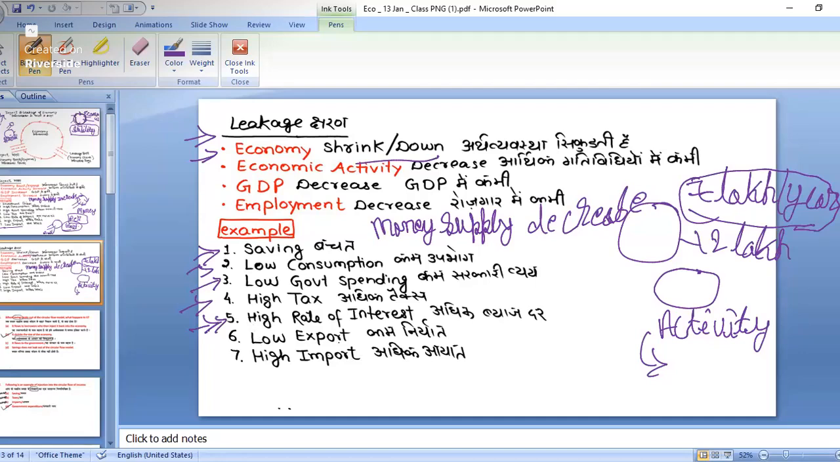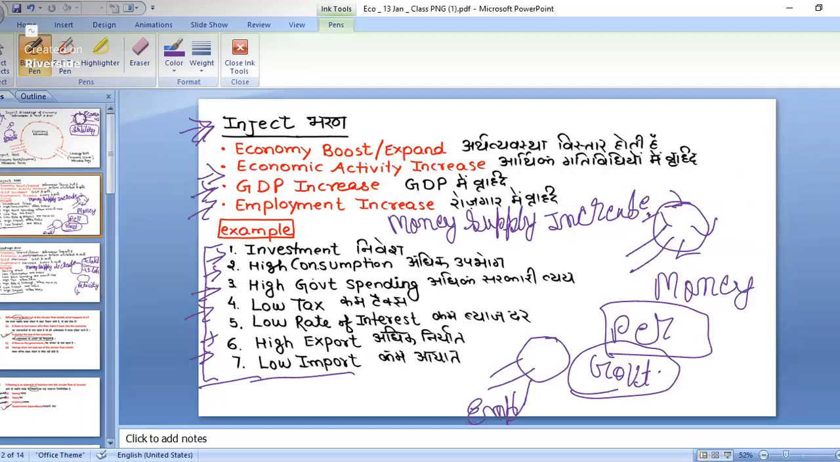Then you have low export. If you have low export, there also you will have the leakage. Then high import, there also is the leakage. So these are the leakage examples because of which our economy will shrink down. Now in this part we must also understand that injection is good, investment, all those things are good. But it should be at a limit. But if we inject more than the limit,